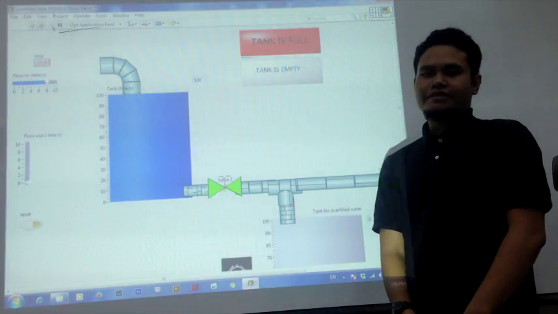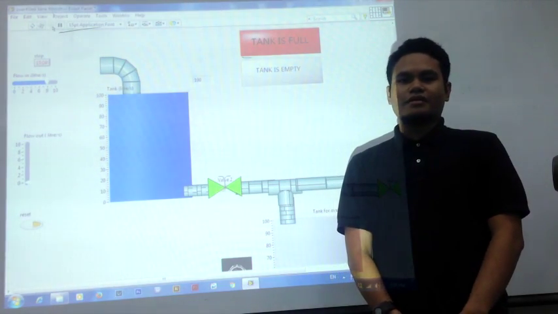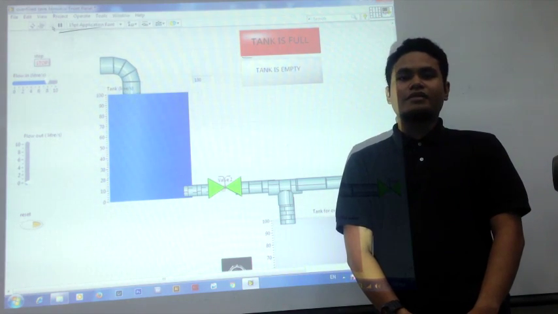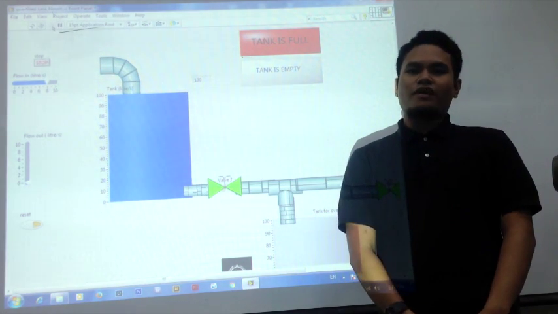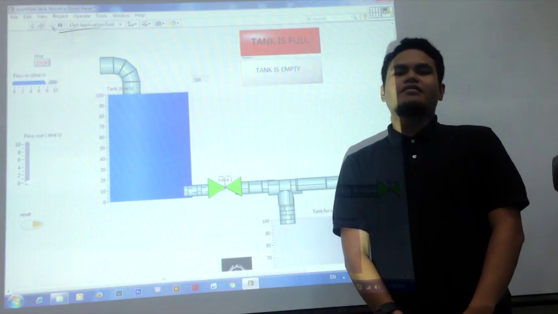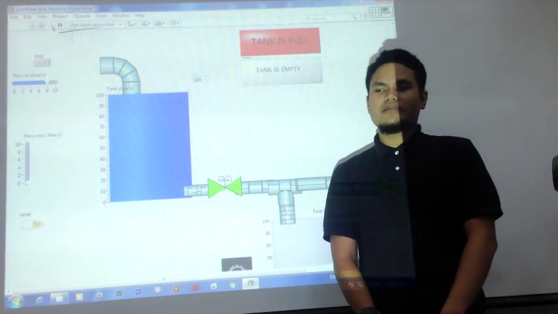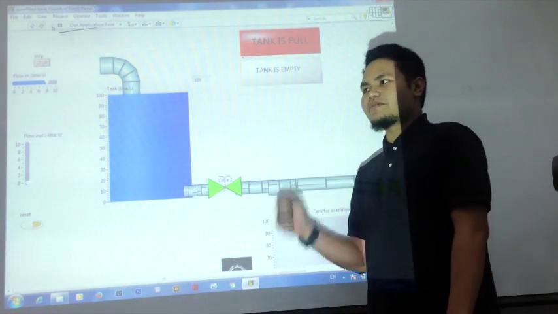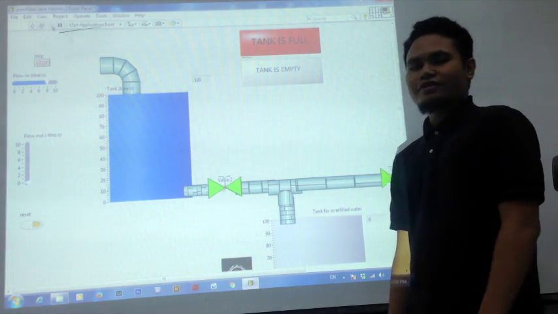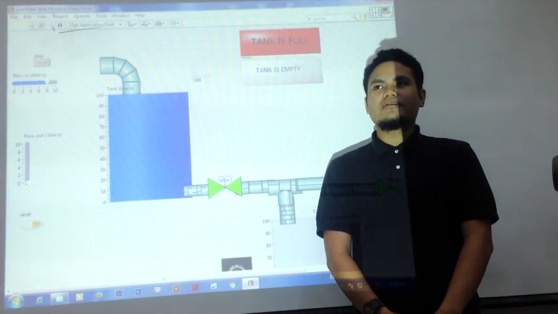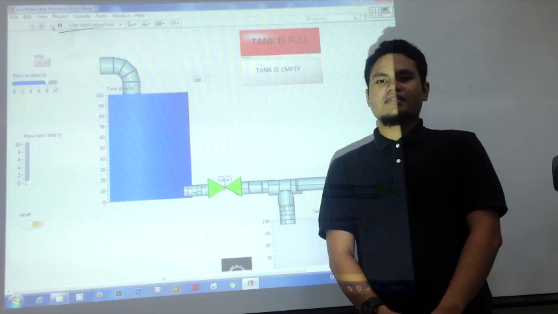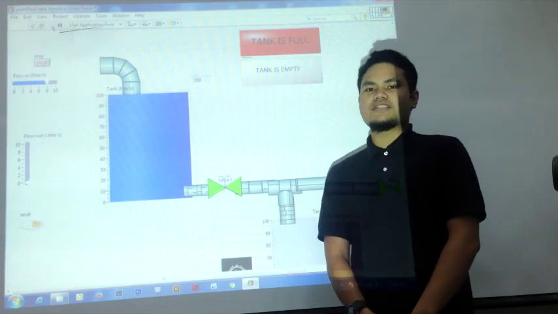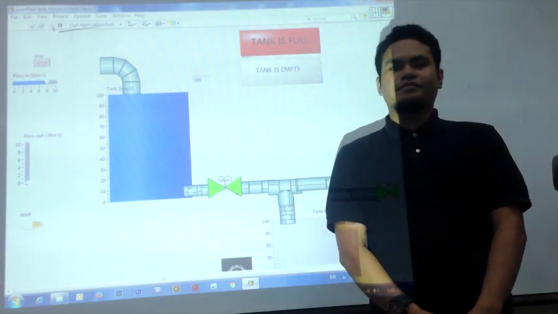I'm going to present about our project. For me, the introduction for this project, basically we use the idea from a water distribution tank. In industry, they usually use automatic, but in our project we use manual. So the main purpose of our project is to show a miniature of a water distribution tank. Thank you.